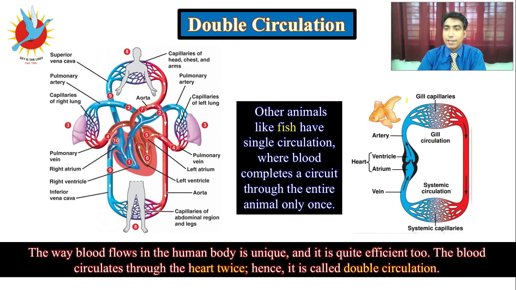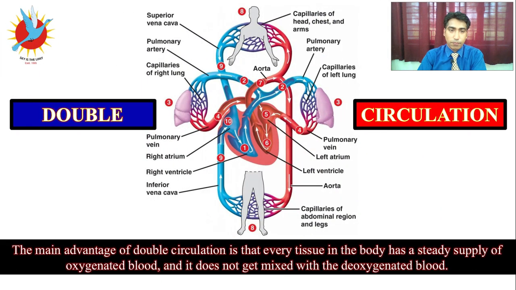As you can see in this diagram, here the blood only completes one circle. So this is a type of single circulation. But in this image, you can see that blood flows twice through the human body to complete one circle. That is why it is called double circulation. Now we should understand the concept of double circulation in detail. Through this diagram we will try to understand the process.